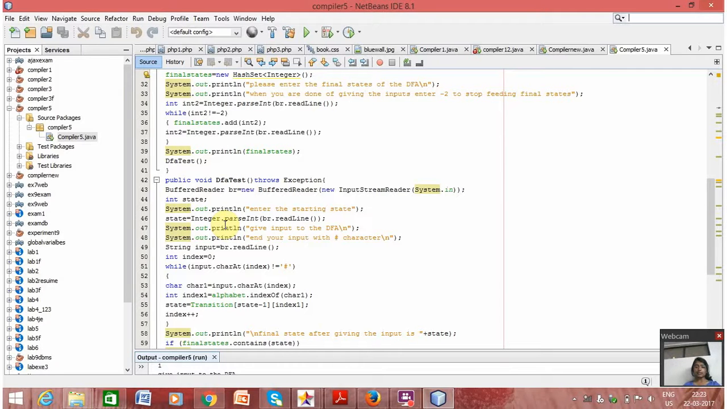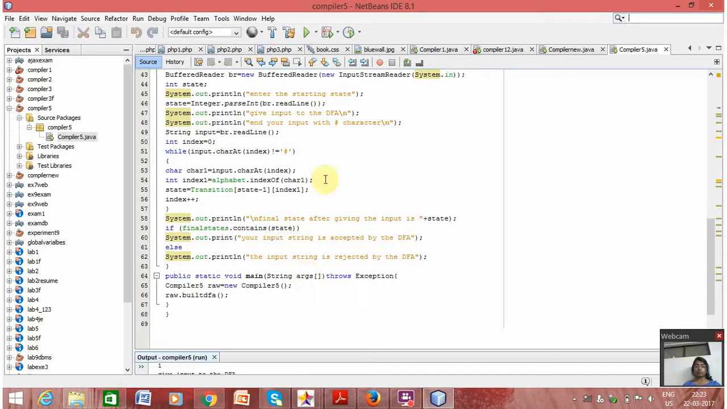Then inside this, we now get the starting state, and we store it in state. Then the input is given, and after the input string it should end with the character symbol hash, so that we know that our input is over. And then after this, if it is not equal to hash, that is, if the input string has not reached the end, then we store it in